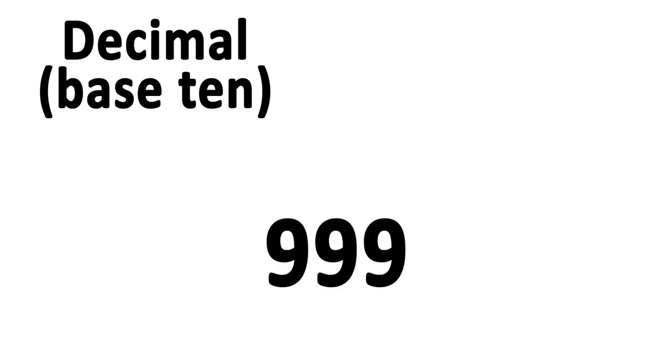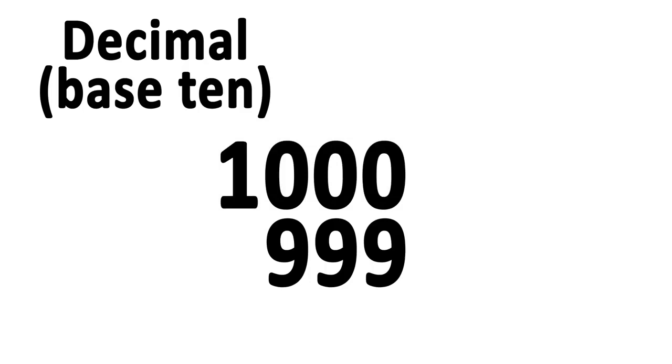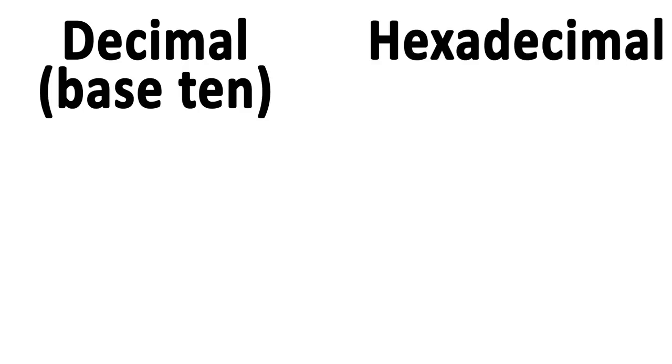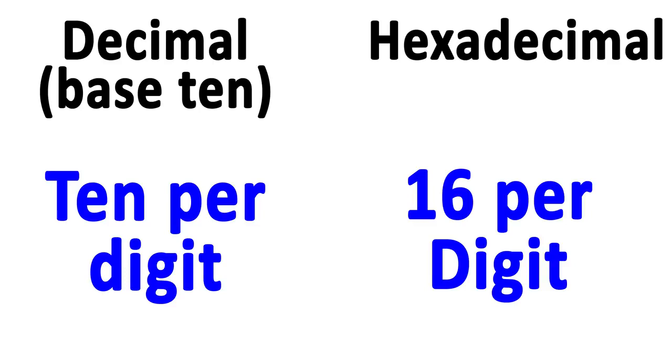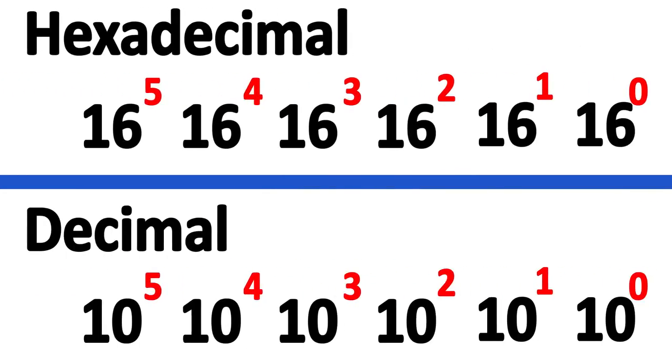Whenever all of the digits to the right are full, we add another digit to the left. Hexadecimal works the same way, but instead of having 10 values for each digit, as in decimal, or 2, as in binary, it has 16 symbols for each digit. This means that each digit to the left we add is an increasing power of 16 rather than one of